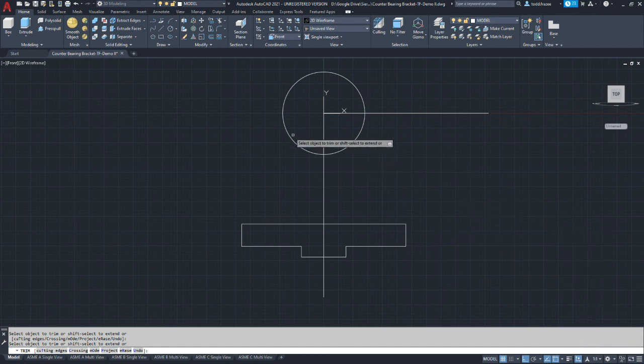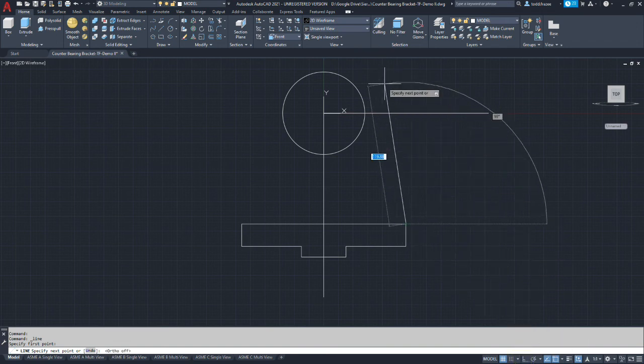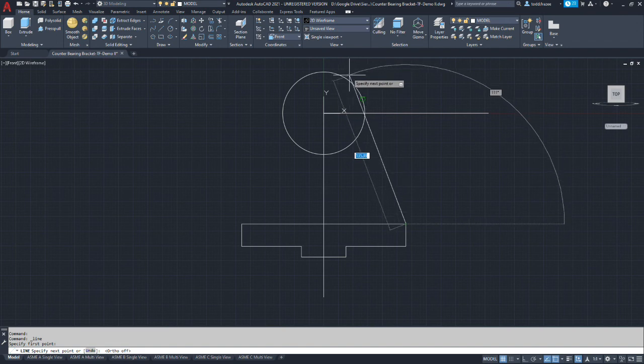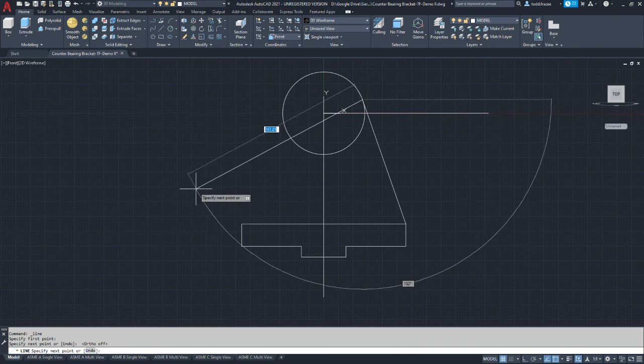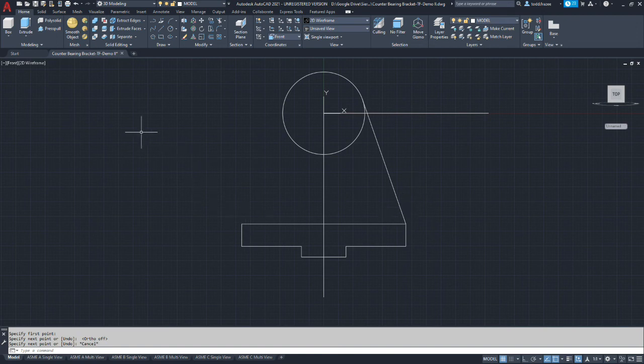Okay, so now we're going to go back and use the line command. Select the intersection corner, and then we can turn ortho off. And you hover the line until you see the tangency symbol appear. Alright, you do that and click, and there we have a line that's tangent from the circle to that corner. Now let's repeat that procedure. Okay, and now we've defined another zone here.